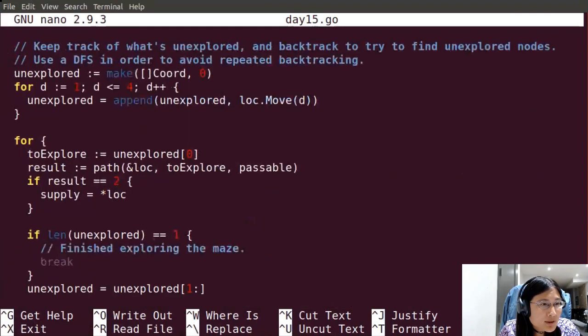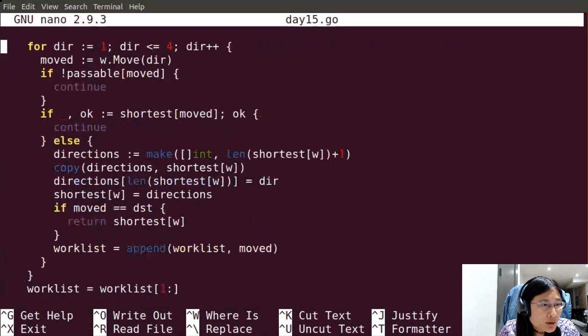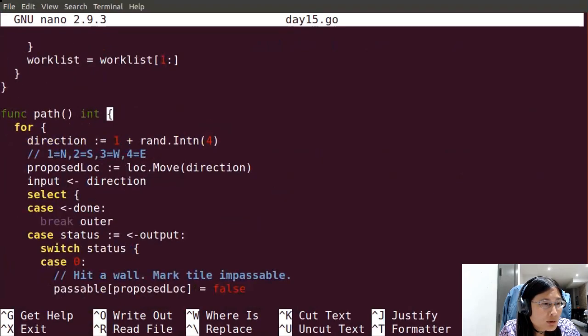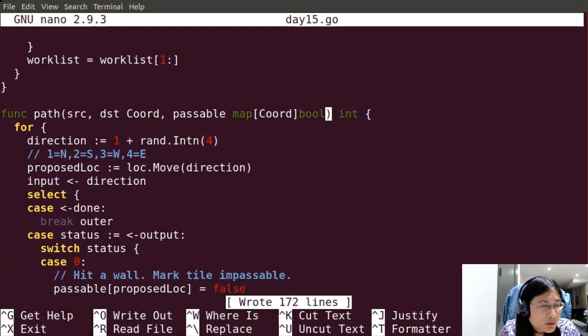All right, passable is a map from coord to bool. Okay.